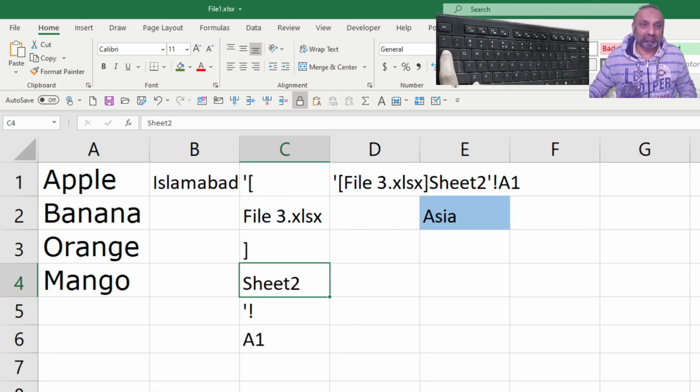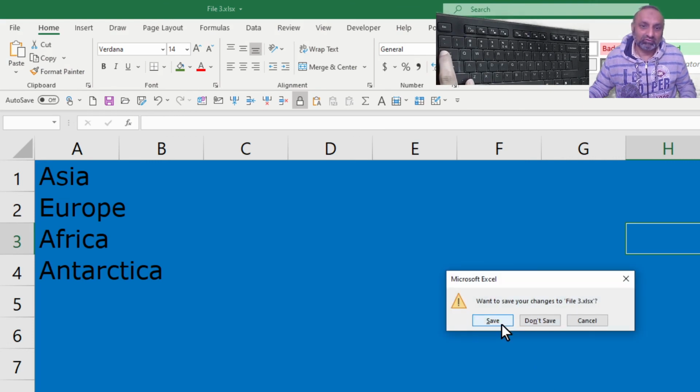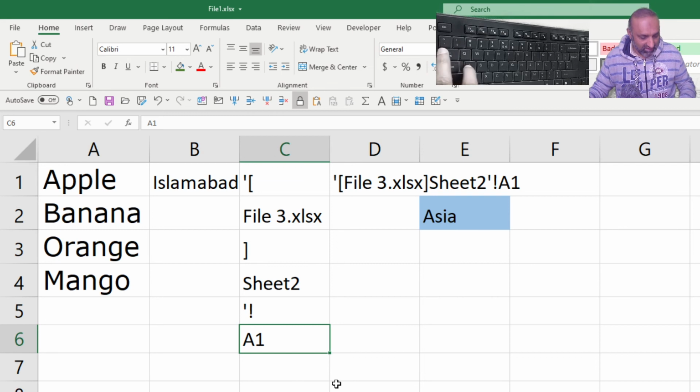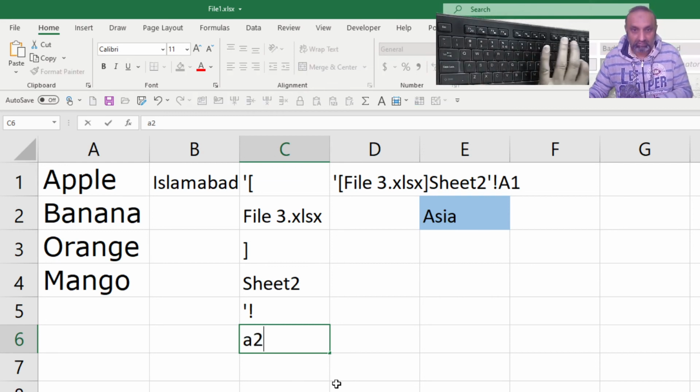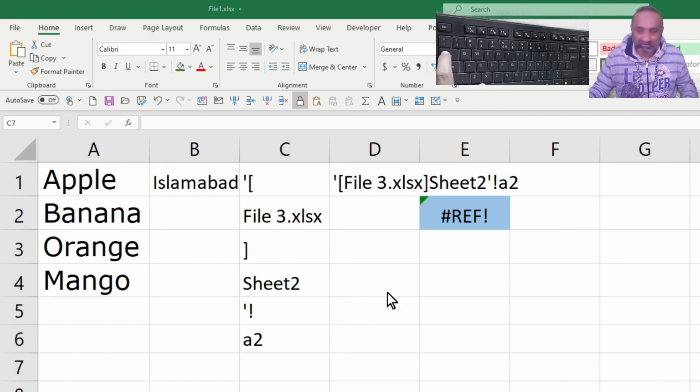We go to file number 3 and we close it. You want to save changes? Save changes, yes. And right now we have Asia. What if I change this to A2? I got a reference error. This is the catch, this is the limitation, and the limitation of INDIRECT is that your file should be open. So if I go back to my